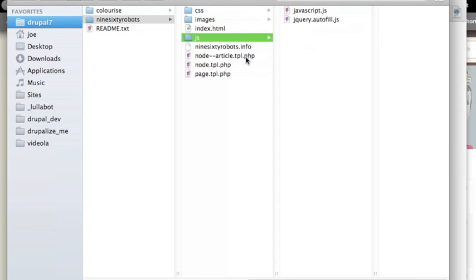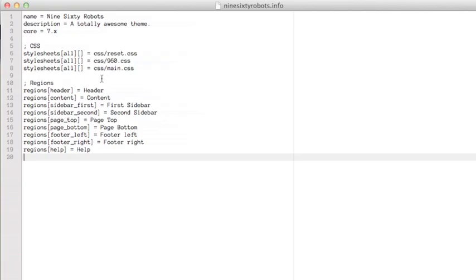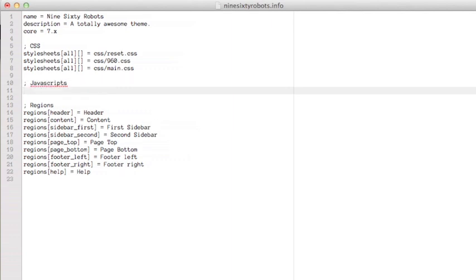files. I'm going to open the .info file up. Earlier in the series, when we discussed .info files, we talked about the fact that you can add JavaScript files through a .info file. So I'm going to do that right here. I'll start a new comment, just so I know what I'm doing here. And then I'm going to use the special syntax for adding JavaScript files. I'm going to use the word scripts, followed by an empty set of square brackets, equals the path to my JavaScript file relative to my theme. So in this case, that's going to be